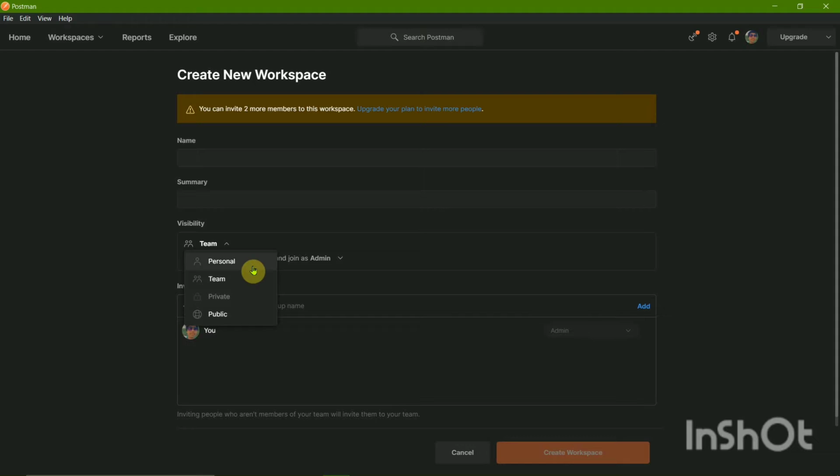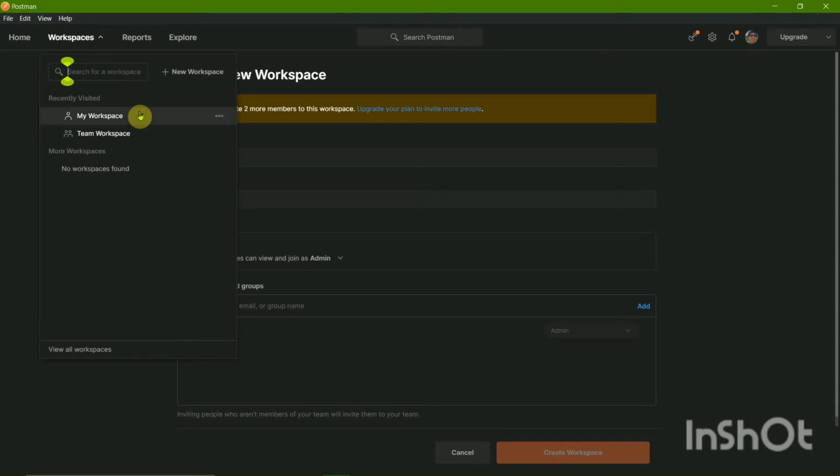If this workspace is for personal purpose, you can select personal. If it is for a team, you can invite other friends to your workspace, private and public. Then after filling up all the text boxes, all the requirements, you can click on create workspace. The workspace will be ready.